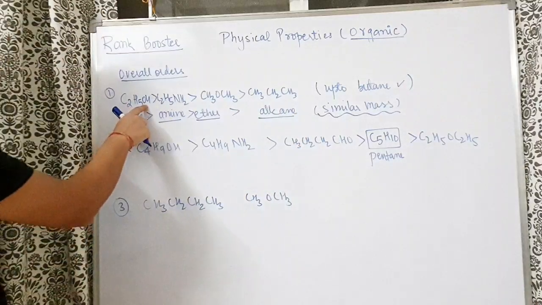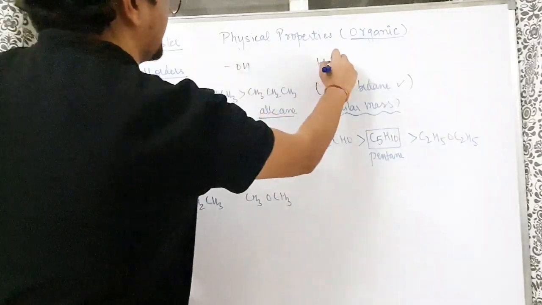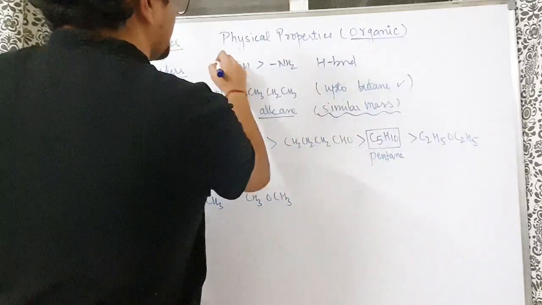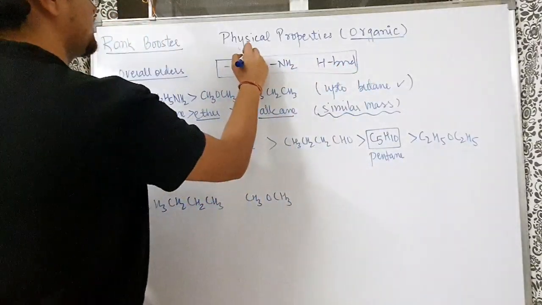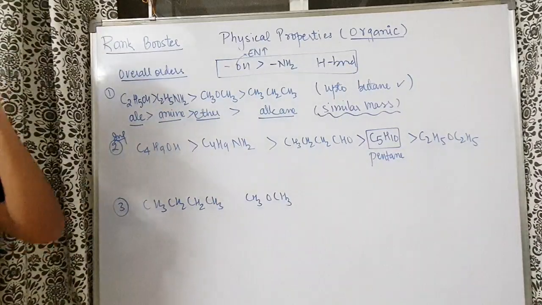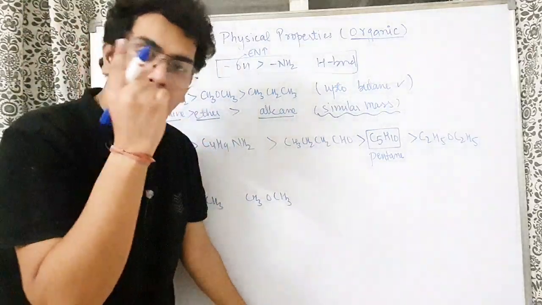That means alcohol, OH. Obviously OH will show hydrogen bonding. If I compare, then OH will be showing better hydrogen bonding than NH2, because O is more electronegative. Oxygen is more electronegative, so the hydrogen bonding will be shown more by the OH group. So if the mass is nearly same, sir, how to compare mass? Understand, hydrogen ignore,